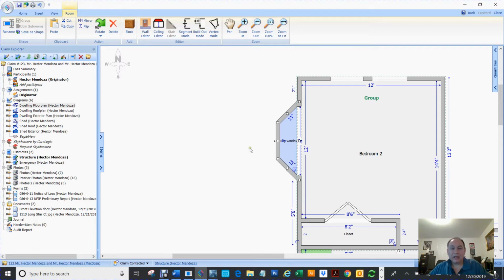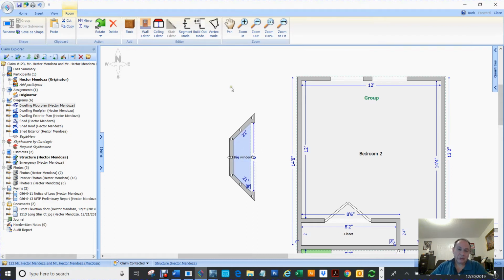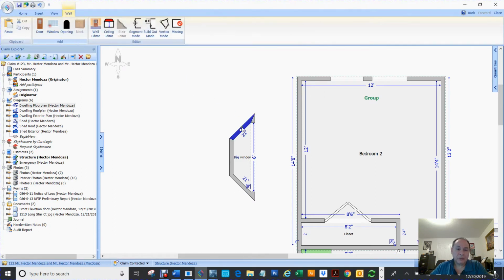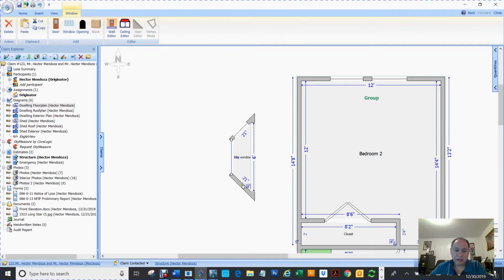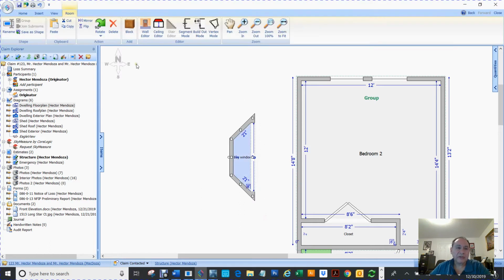Okay, so let's say that you wanted, because now look, right now I can put 1, 2, 3 windows. So if I click here, I can add a window. If I click here, I can add a window, and so forth. Okay, right? Let me show you a trick. Let's say that you need windows on all of it, right? If you just select everything and click